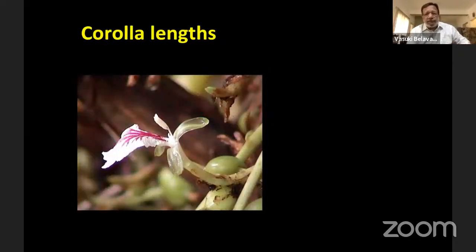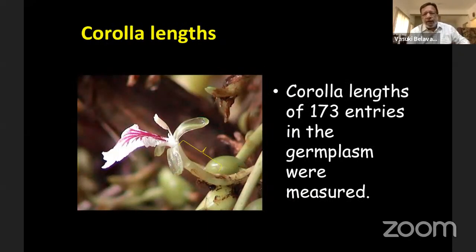So the corolla lengths we measured for 173 entries in the germplasm. We had the germplasm in a cardamom research station. We in fact went to 3 cardamom research stations, both in Karnataka and also in Kerala. And we measured the corolla lengths of 173 entries in the germplasm. And interestingly, we found